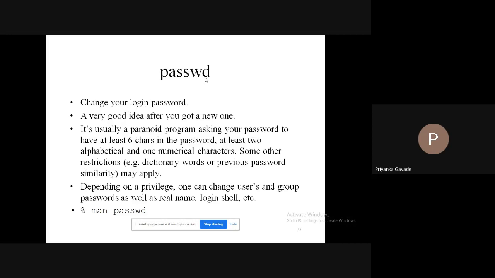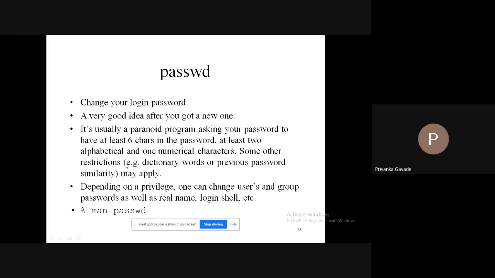So it becomes compulsorily necessary for you to change the password. In case your account does not have a password at all, or it has one that is already known to others, then it becomes necessary for you to immediately change it.